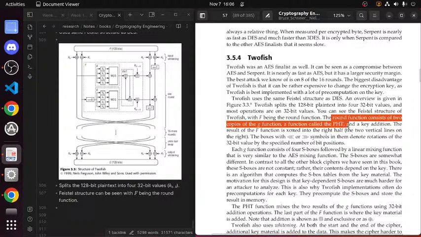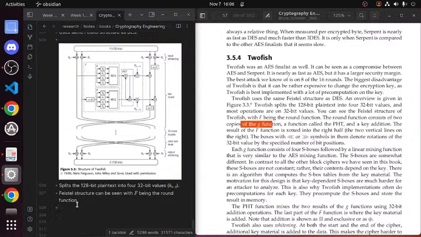The round consists of 2 copies of the G function. So it's a bit different than normal.